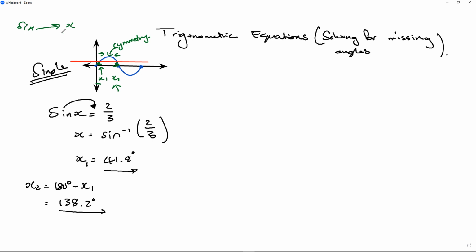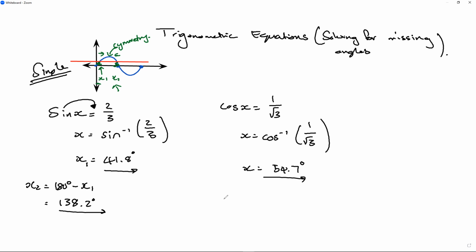The cosine graph will be different. Let's have a look at an example like that. So let's suppose I've got cos of x equals 1/√3. So x will equal shift cos 1/√3. And now shift cos of that, you type in a fraction, 1 divided by √3. It becomes 54.7